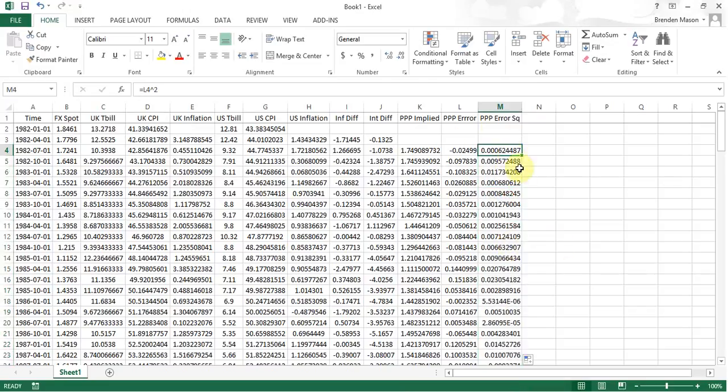Okay, I think I'll stop this video clip here now, and then I'll do the interest rate parity one. Cuts down the size of the file, so